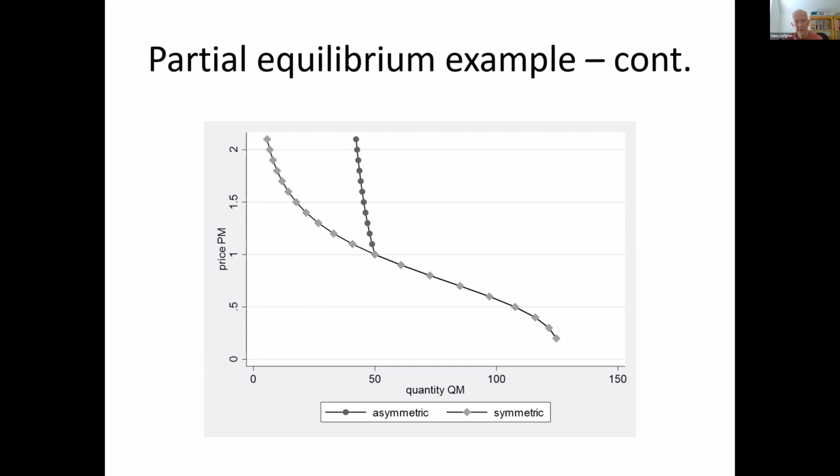And the light gray curve shows the symmetric case for the import demand function, and the asymmetric case has the same function for when the price declines below 1, but if it increases, then you get this steeper curve. So the approach indeed worked, and then I will leave this to Martin.